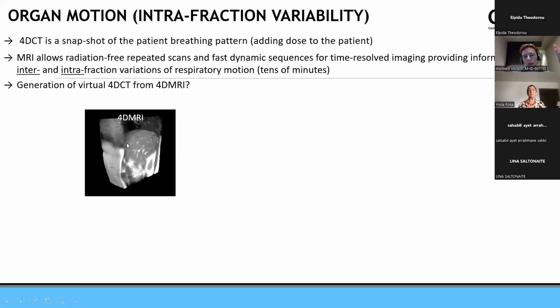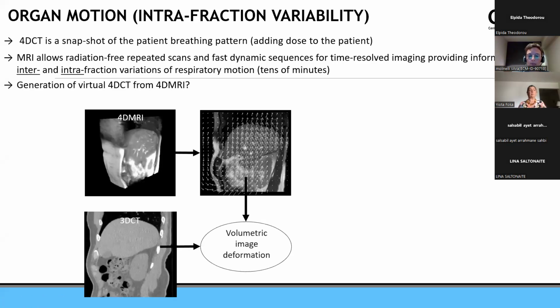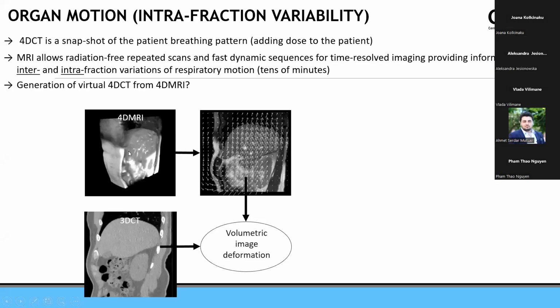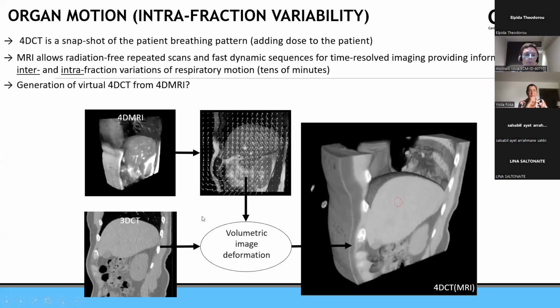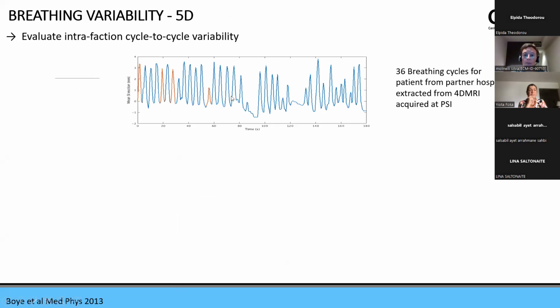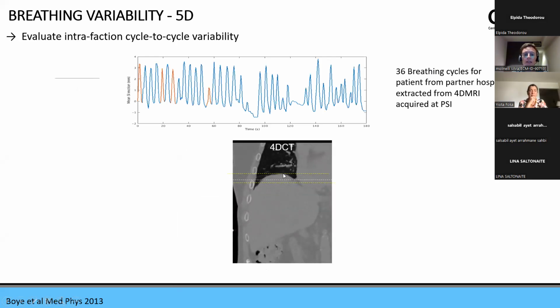Well, of course, you can measure the amplitude of motion from the MRI scan, but you can also build synthetic 4D CTs, which is frequently done nowadays to study the full dose degradation from the organ motion. The way you do it is that you acquire your 4D MRI and then you have your 3D CT or 4D CT. You do a registration of each phase of the 4D MRI and you build your synthetic 4D CT. This is a study from PSI in which they showed